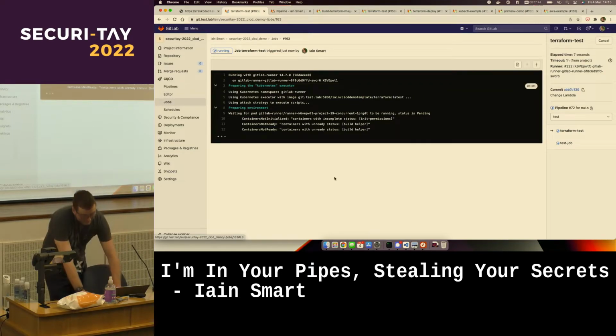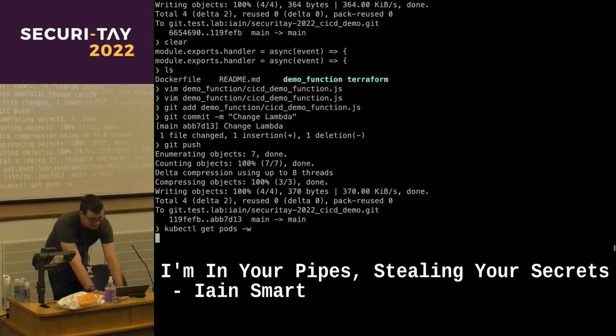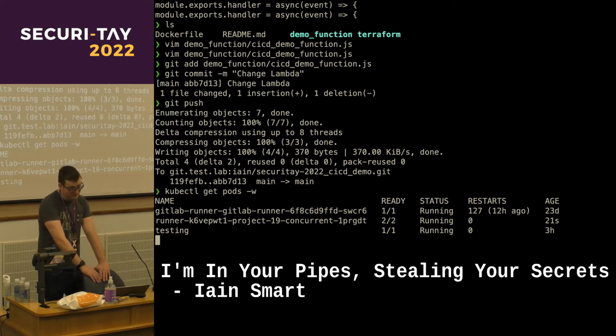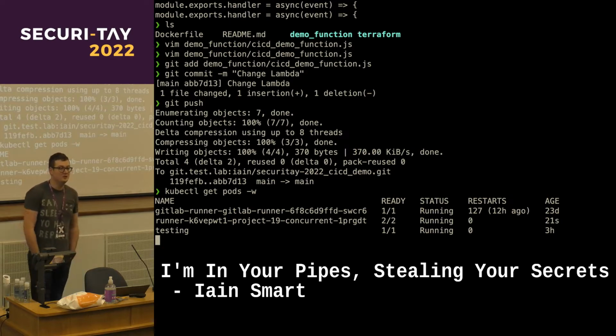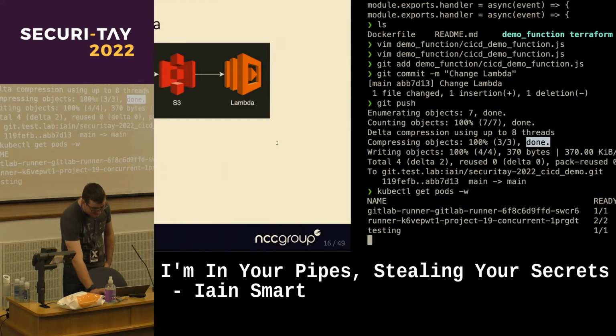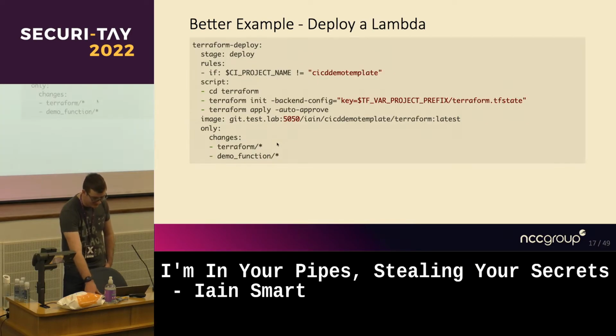containers that are running. If anyone's really interested, what we can actually do is do kubectl get pods. And you can see there's a couple of containers running. These will probably appear and disappear over the next few seconds. These are basically the actual workloads running from the back of these jobs. So because I've got admin on my Kubernetes cluster, I can go in and see the pods running, and actually I could mess with them, interact with them directly rather than through Git commits. We'll come back to that later. And over the next few minutes, that will deploy, and we should see the changes.